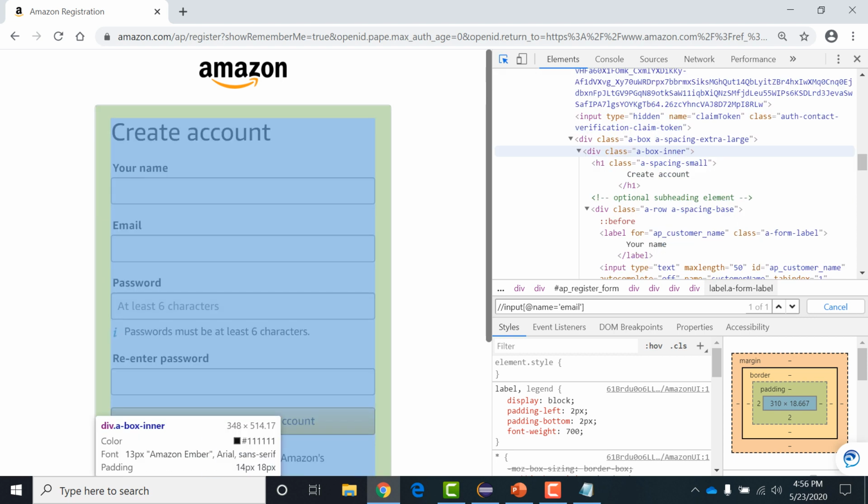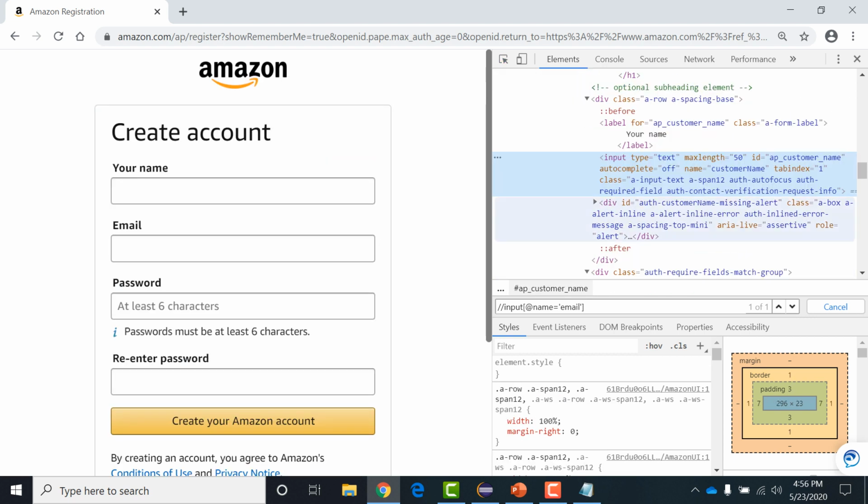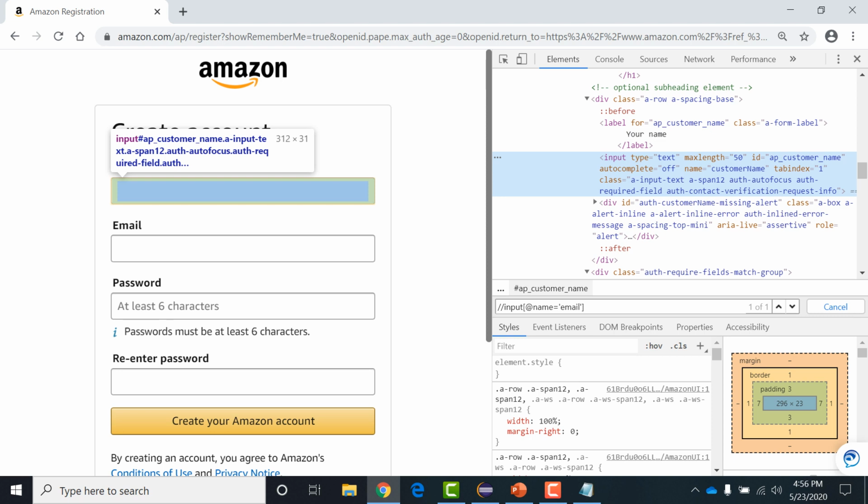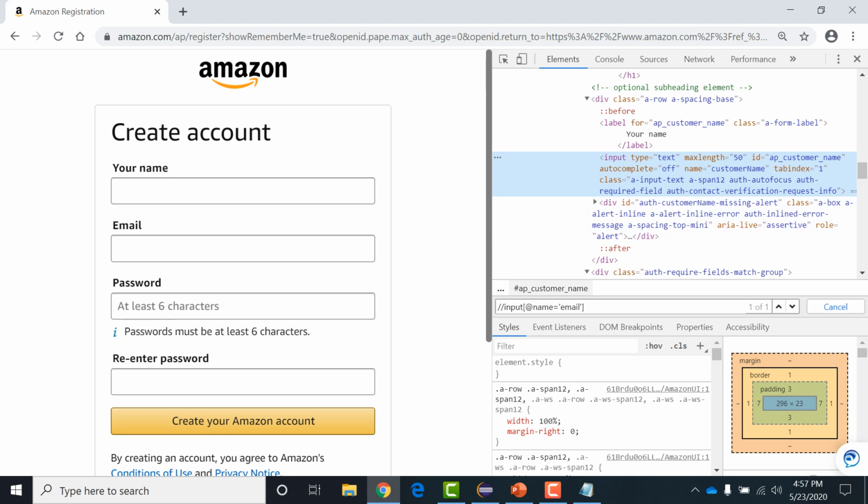See, what are the challenges we have defining the simple XPath? Now you can see the value of name attribute is customer name. So there might be a case that after deployment, they change this customer name as first name, or only name. We know that this is the name field, but that keeps changing. Sometimes it is your name, sometimes customer name, sometimes first name. So how to handle such a situation in Selenium? There are some methods, but one method is contains. So how does contains work?